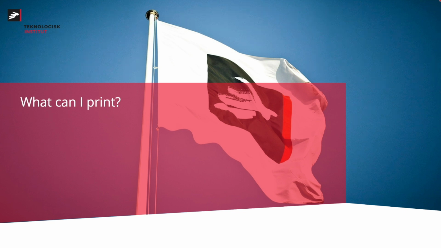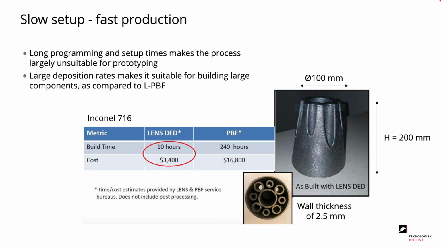Let's take a look at what is being built using directed energy deposition. Long programming and setup times make the process largely unsuitable for prototyping. However, the large deposition rates make it suitable for building large components as compared to laser powder bed fusion. The example being showcased here is for building a large part in Inconel 716, where if we build it on a powder bed fusion system and we fill out the entire build platform with components, using only one laser,